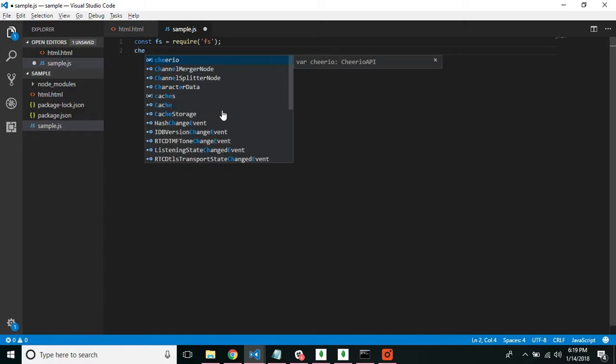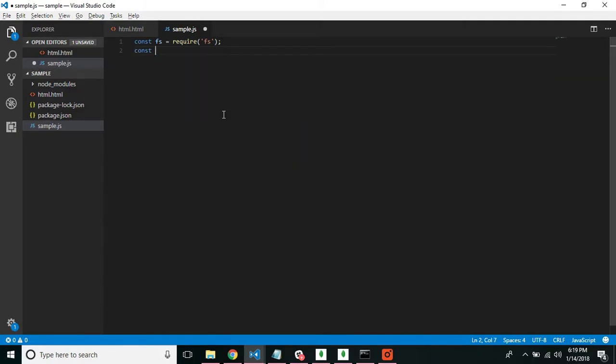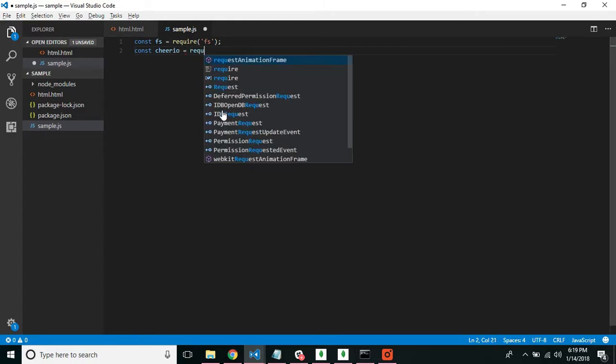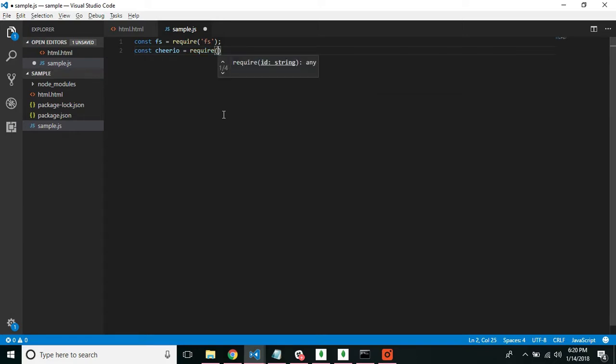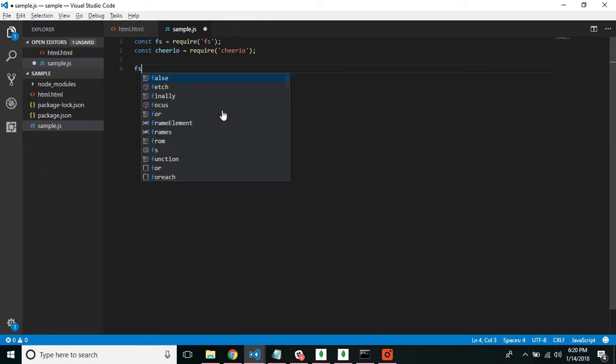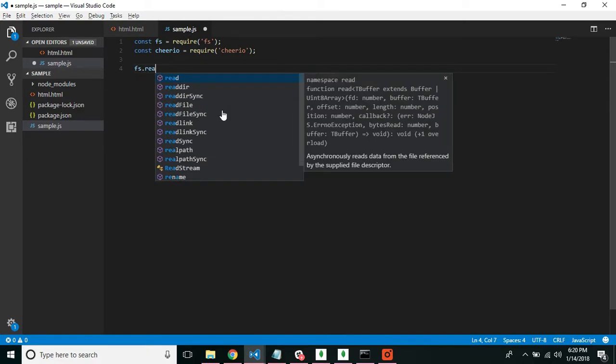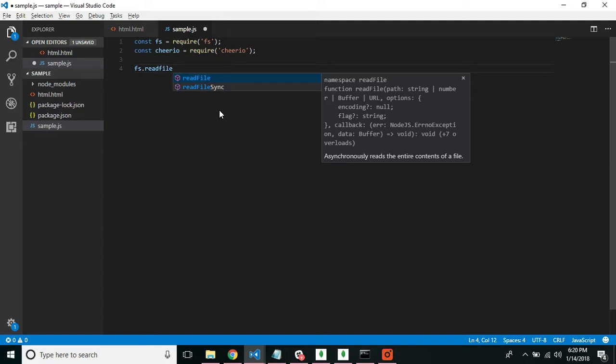And then we need cheerio, which is our selector. And this is what we need to install. And then, let's start by